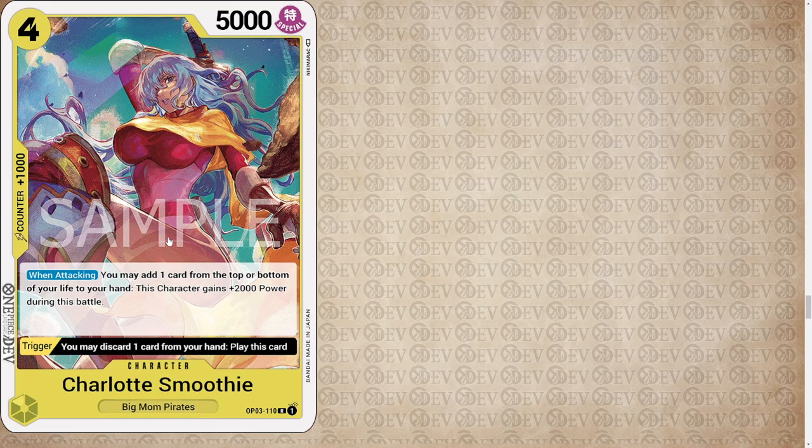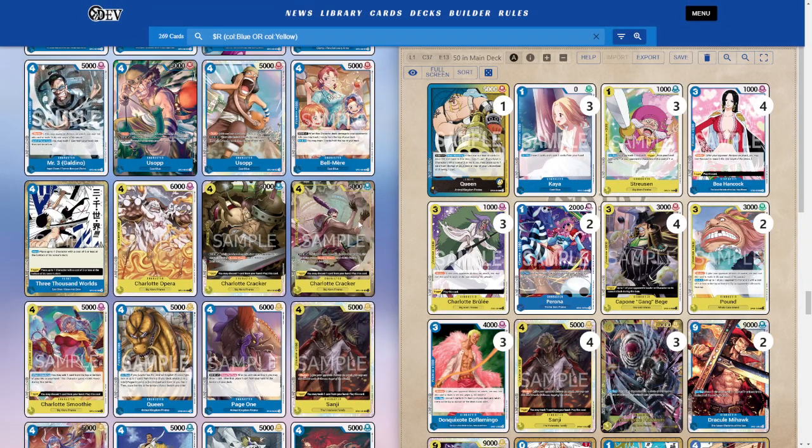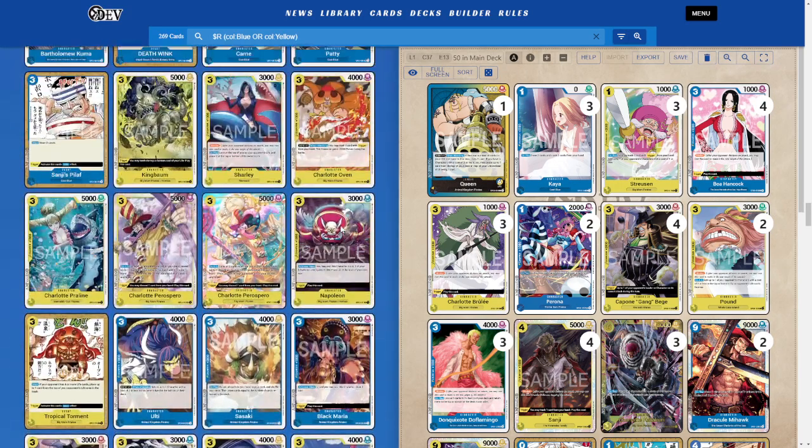Just like a vanilla that has this effect, with the potential later in the game to gain plus 2,000 from the one attacking if you have life left. But very solid. What else? I have considered a few other things as well, like some of these 2